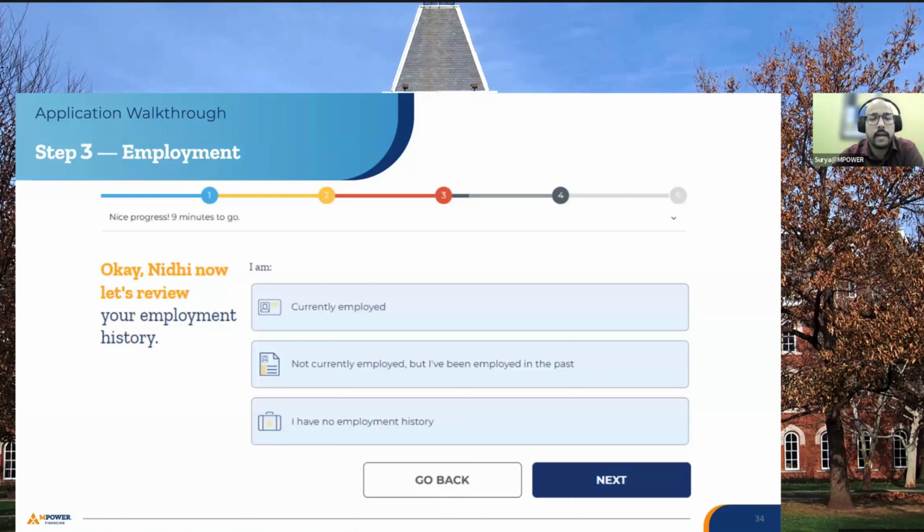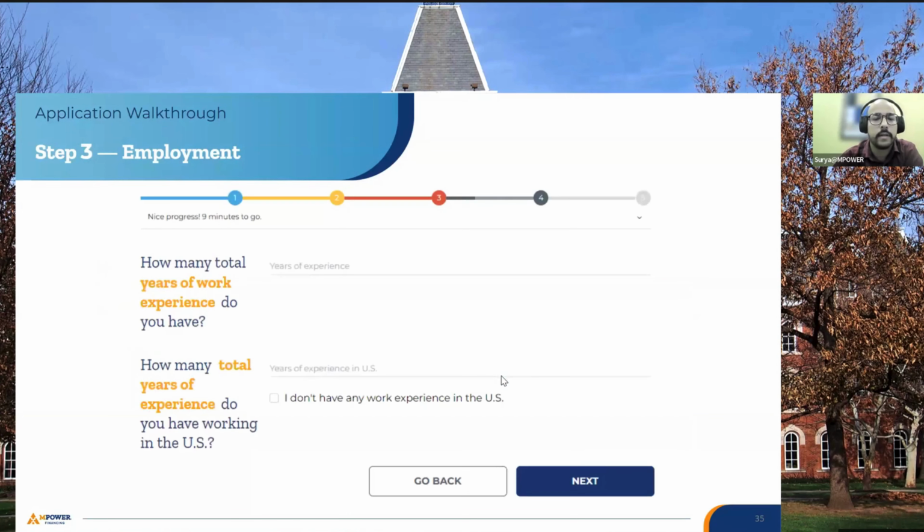So it's absolutely fine. I am an international student, I may not have worked in the past, and I'm pursuing my education so that I can study better and then find the right opportunity. So it's absolutely fine if you do not have any employment history. You can simply select the third option and proceed further. Now, the example shows that if the person selected yes, they have experience, then we would like to understand how many years of relevant experience they have.